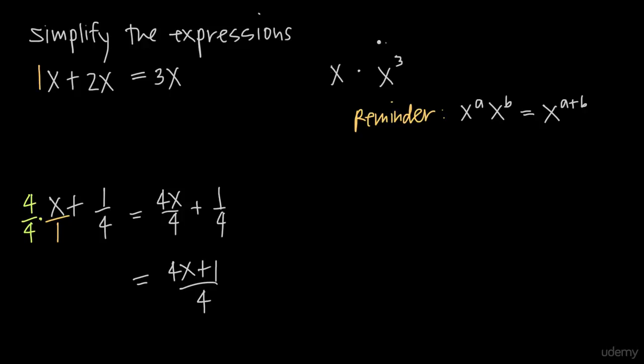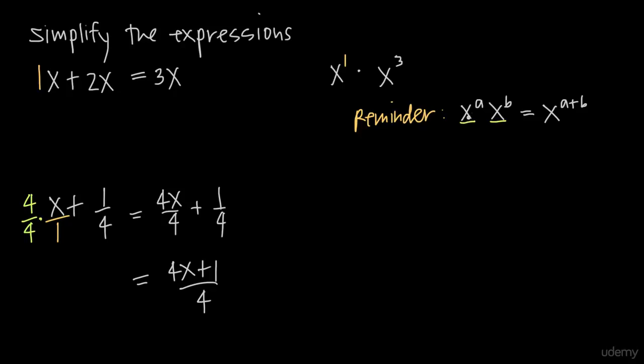With our third example here, we have x multiplied by x cubed. And what we need to remember is that we have this understood 1. This x term here is just x to the first power in the same way that this is x to the third power. So we have x to the first times x cubed. And remember, we have this exponent formula here where when we have like bases, in other words, when our bases are the same, the base of this is x and the base of this is x,